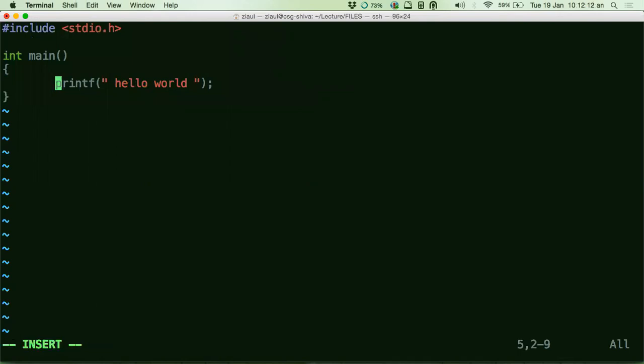We have all seen printf, right? But there is one more. In the function printf, you don't see any ID written here. You just see the string hello world. You don't see any file ID, even though I just said the output device has a file ID and only then can you talk with it. You don't see any number here, right? Why not? Because printf knows that it's going to write to the output device by default. So that ID is there inside it; we don't have to explicitly write it.